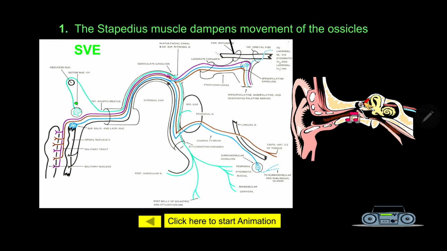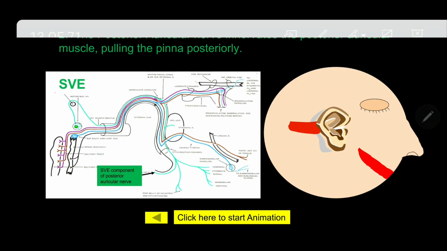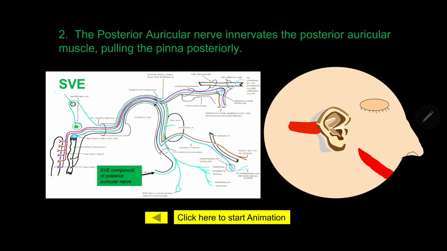This is just a repetition. You can see from the main motor nucleus of the facial nerve, impulses are carried through the course of the facial nerve, through the nerve to stapedius, to the stapedius muscle, and when they pull it, they dampen the oscillations of the stapes. Got it?